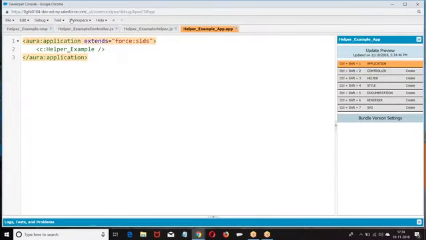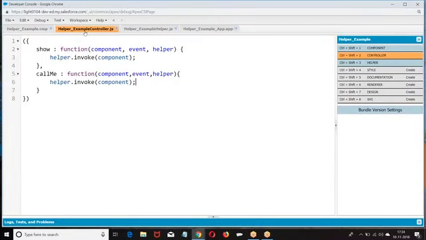Did you get my point? If there is any recursive code available, then instead of writing the code again and again, we just put the code in the helper and use it.